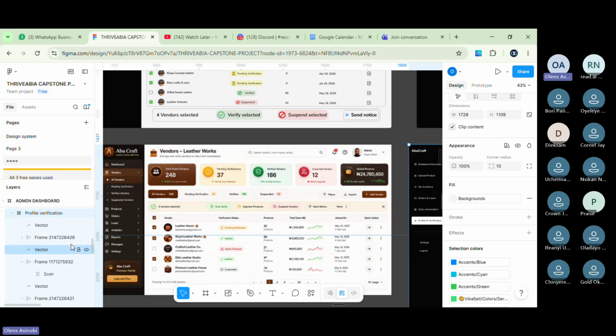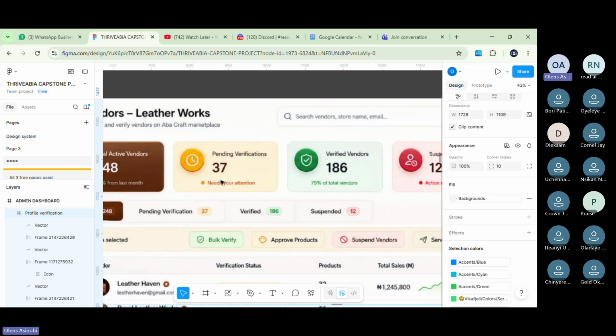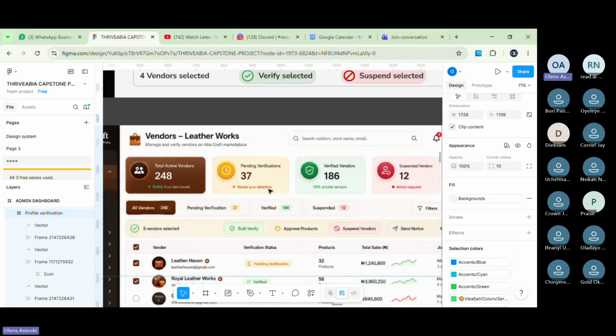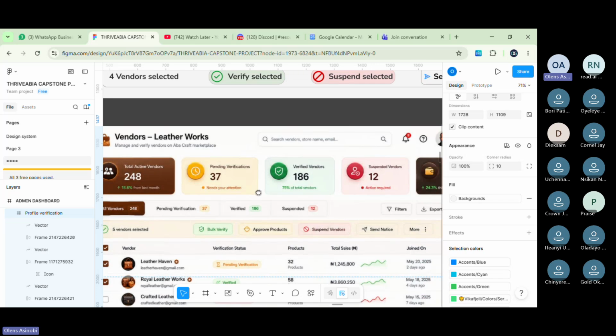Imagine an admin logs onto his vendor page and he doesn't even see a bold notice of the amount of pending verifications. You think his eye is going to go down to this tiny one? And then if you look under, you see this text, it needs your attention. These people need your attention quickly. He's going to jump on it. I don't know if you understand. So the three of them are of equal importance. You cannot start selecting among family members who is important and who is not. Because if you want the family, you take the family, not just one. I don't know if you understand.